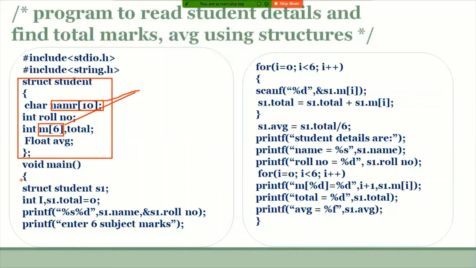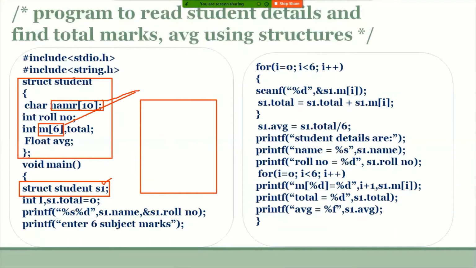concept, and within the main function, for the above student structure, variable s1 is created. Immediately the compiler allocates memory for structure variable s1. It first allocates memory for the name. Once this s1 is linked with all these members, how many bytes in total? 10 plus 2 plus 6, 18, 18 plus 2, 20, 20 plus 4, 24. Total 24 bytes of memory will be allocated, and this 24 bytes will be separated accordingly whenever these members are linked with the structure variable.